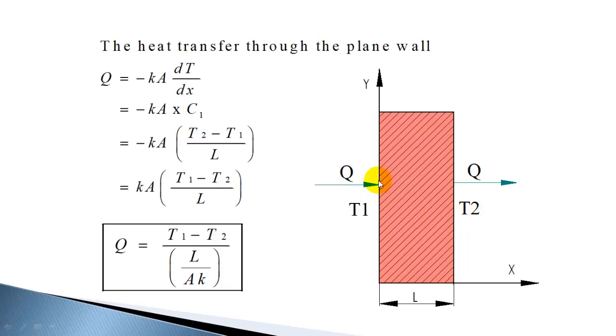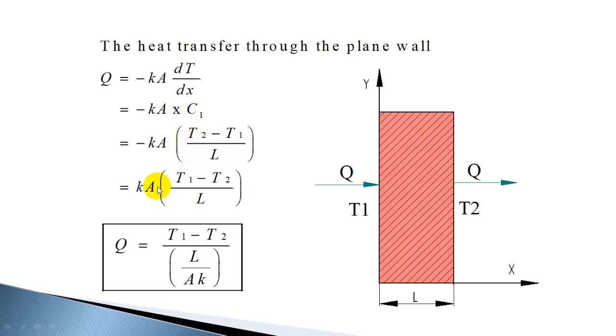In some cases where material thermal conductivity is varying, the temperature gradient varies. It is not going to be a constant, it varies along the length of the material. But in this case temperature gradient is constant, and temperature gradient at the starting, at the end, all same. So (T2 minus T1) by L is the average temperature gradient, or we are having a constant temperature gradient.